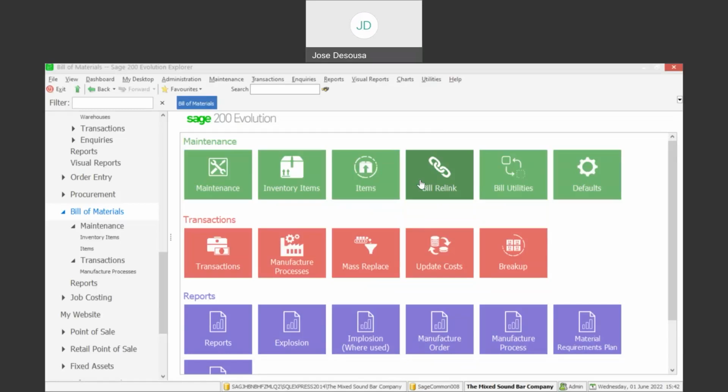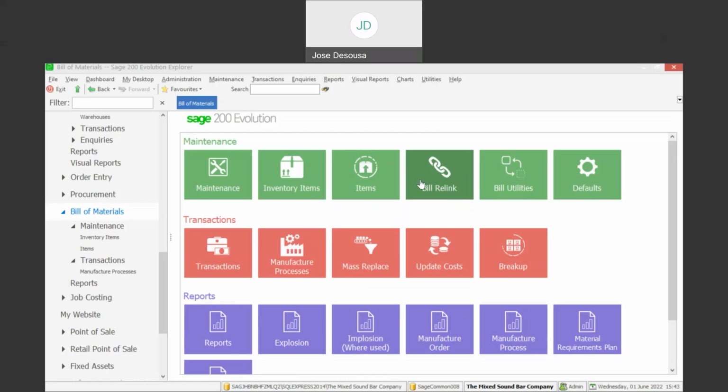We'll be covering the process on how to create a bill of materials within Sage Evolution. Now, within the manufacturing process, you'd have a bill of materials, and within the bill of materials, you specify the components or ingredients that are required and the quantities to make up that finished item. And in today's presentation, we'll see how to create a bill of material as well as follow up on the